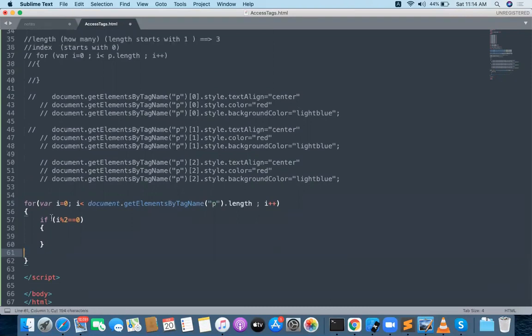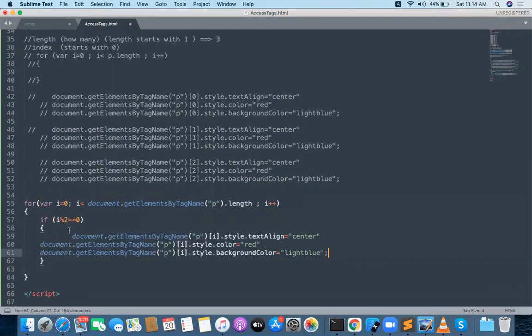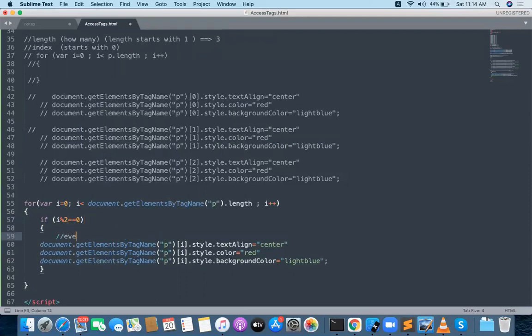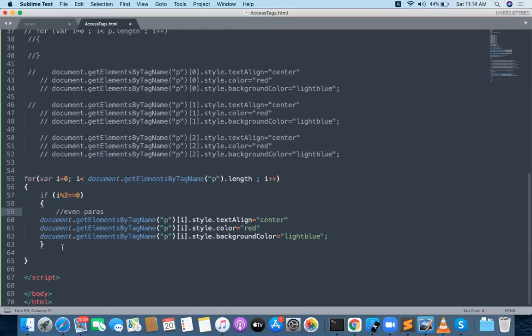I will tell you about operators later. i percent 2 is actually giving a remainder. The remainder is 0, so it is an even number. i percent 2 is nothing but even paragraphs. Check the condition for the even paragraphs.